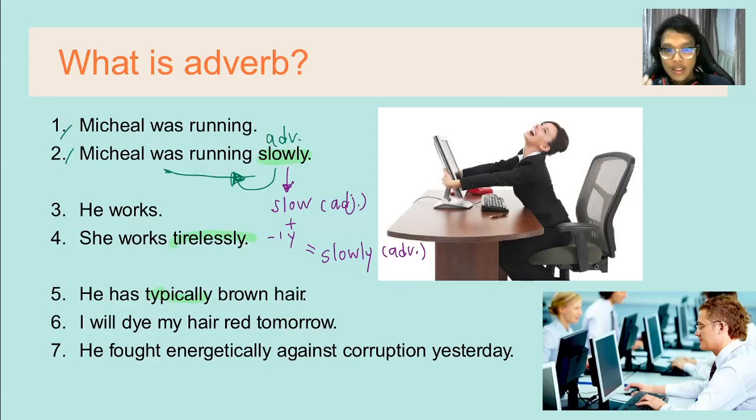The third sentence, "He works," and the first sentence, "She worked tirelessly." You may see that the third sentence isn't very clear, right? Because the person saying this sentence just says that he is working, or he works. So the sentence is very unclear. But whenever we add another adverb to the sentence, like the word tirelessly, tirelessly,